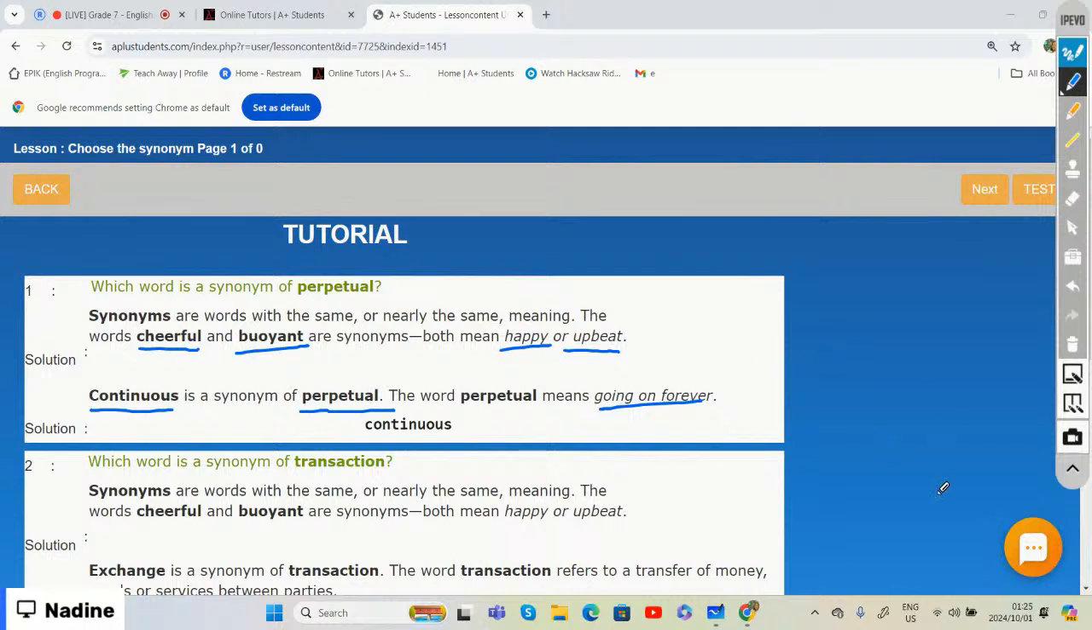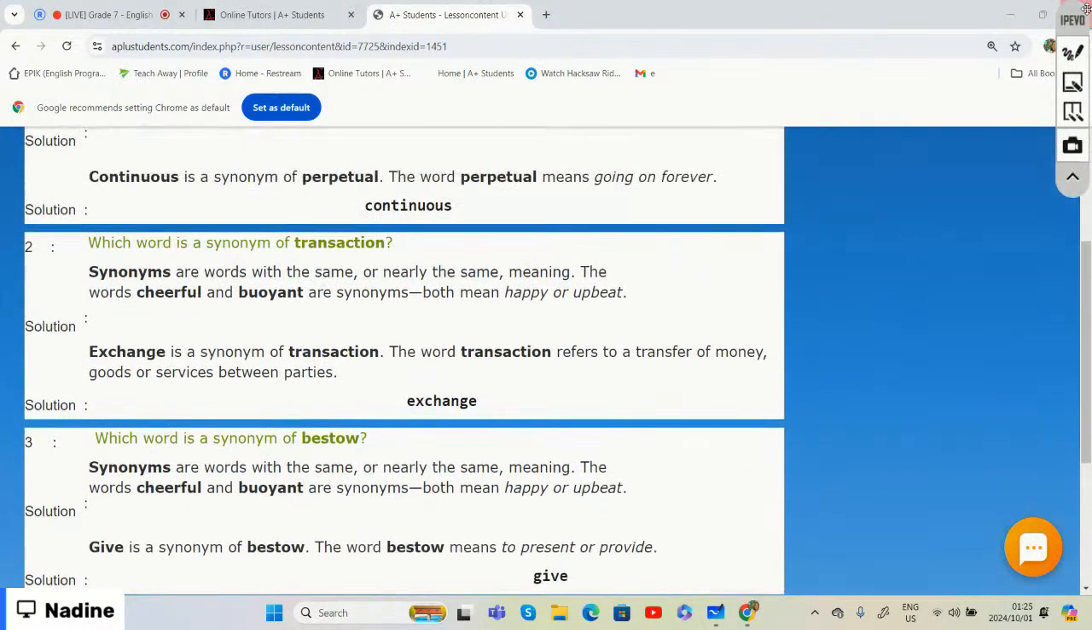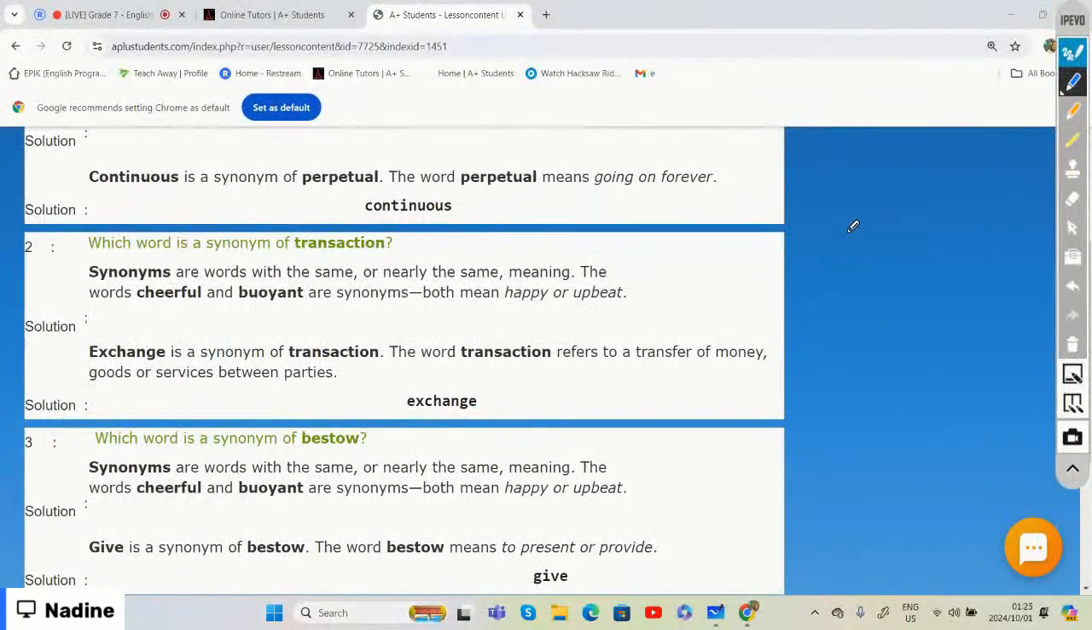All right. And if we're going to look at a few more words of synonyms, right? Then look at the word, oopsie, look at the word exchange. Exchange. Another word for exchange is transaction, right? And both exchange and transaction, right? It refers to transferring of money, goods, or services between parties. That is what